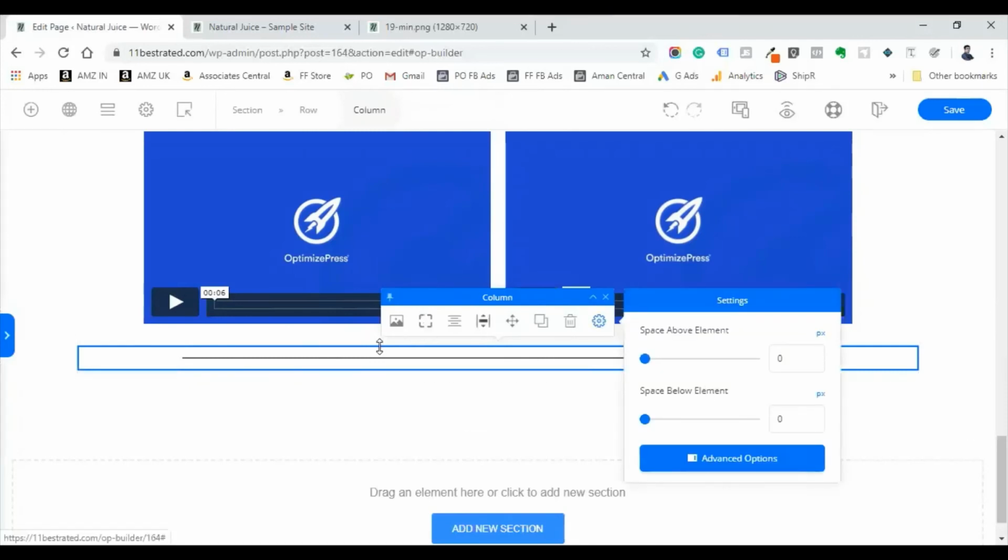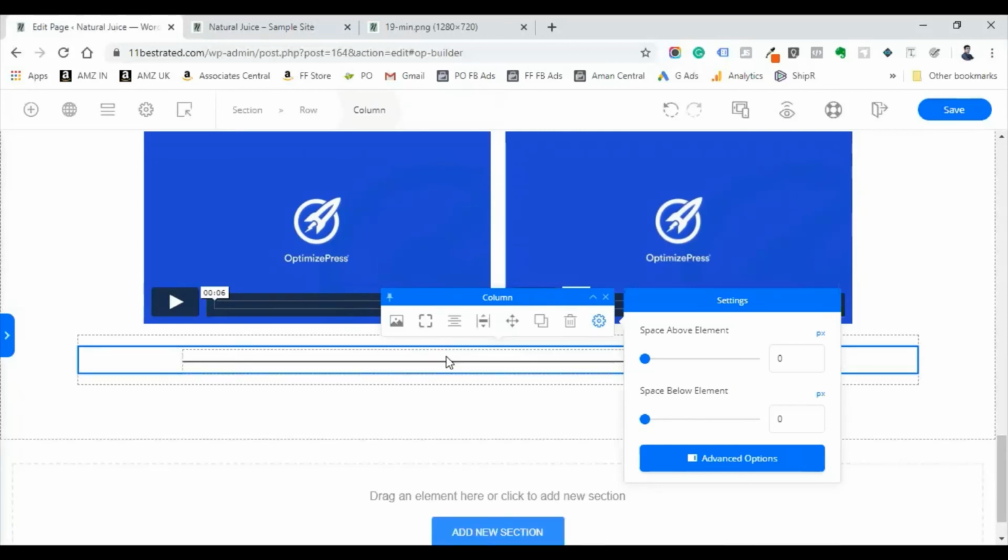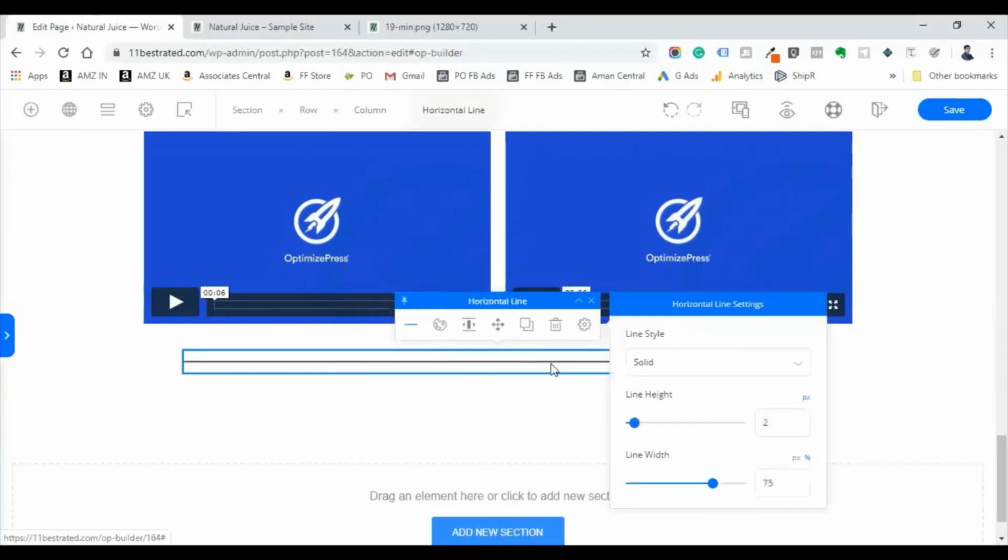Select that horizontal line, and you can choose however you want. You want a solid line or a dotted line or dashed line, and what is the thickness you want, and line width, how long you want that line to be, and what is the color you want.